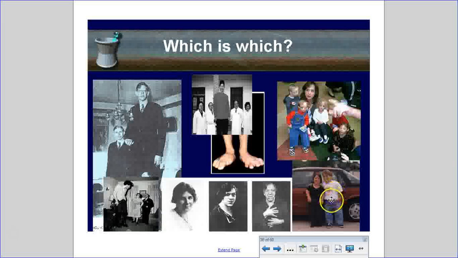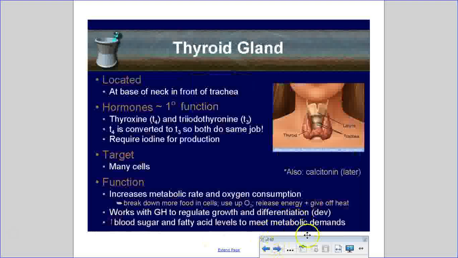The last pictures are showing people who have dwarfism. And dwarfism can be caused by different things, but in this case we were talking about dwarfism caused by too little growth hormone during childhood. Okay, the next slides, I believe, talk about other glands, so we'll wait and go into more detail about them on the next